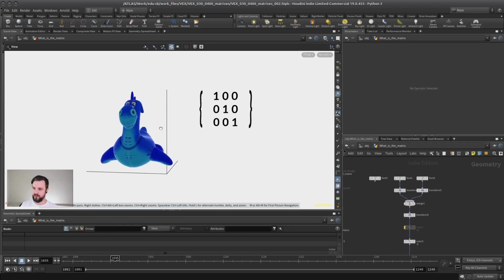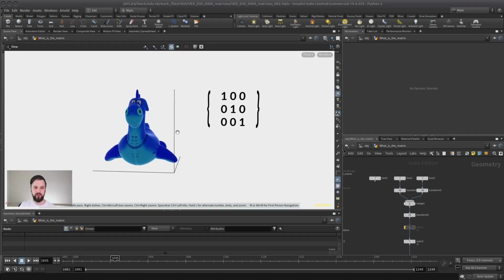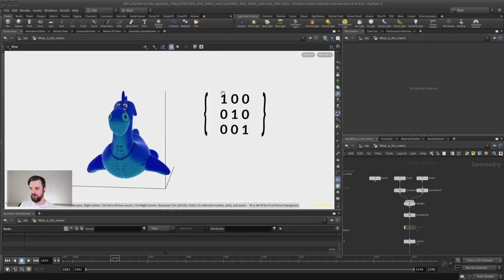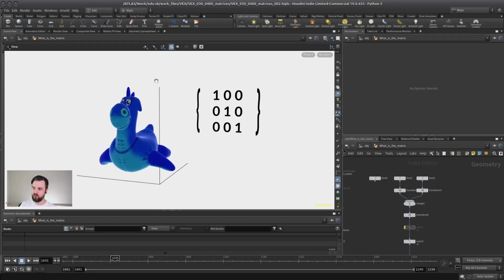To visualize this, I have an example here, and let's say we want to apply a matrix to our toy here. Now, the way you might have seen a matrix represented before is in this kind of set of numbers. And this is, as you can tell, a 3x3 matrix, but there are also 4x4 matrices. But in 3x3, I think it's easier to understand because each of those rows here represent the direction of one